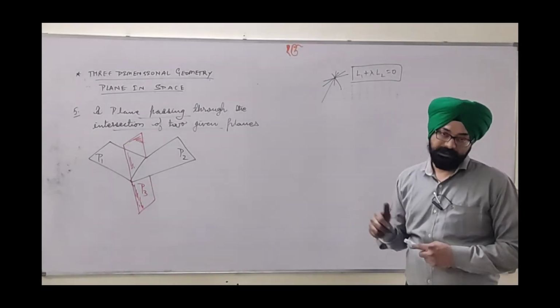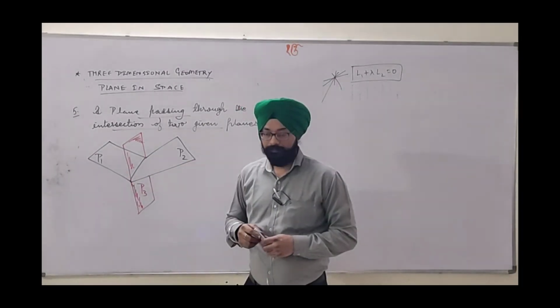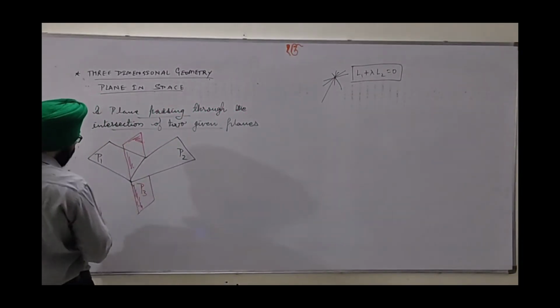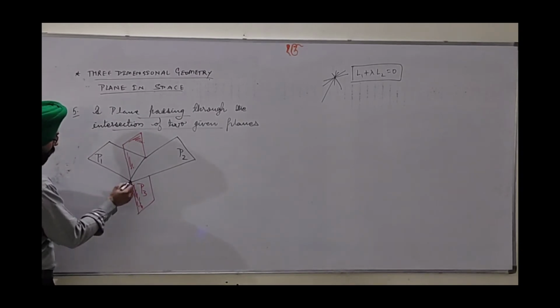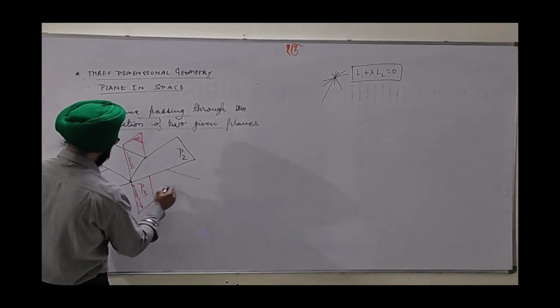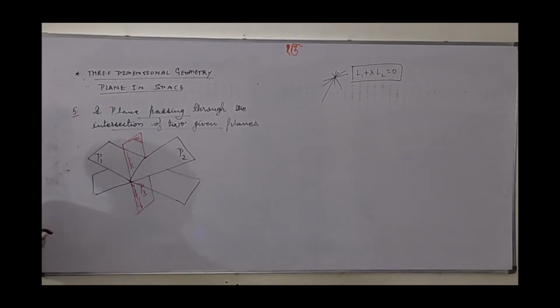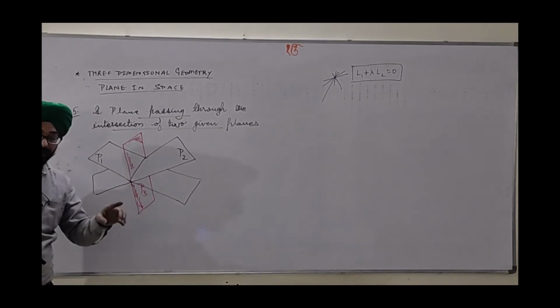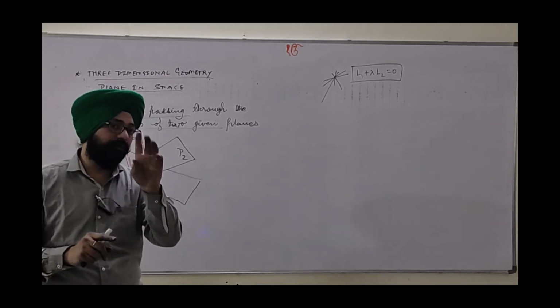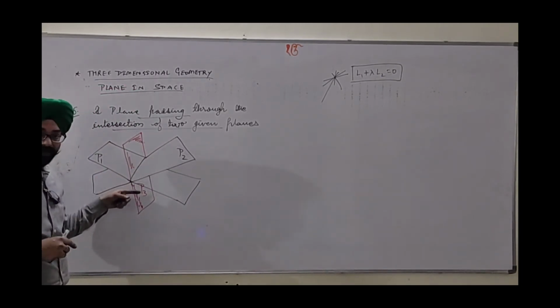Here, why is this concept important? Whenever planes are intersecting, I'm talking about P1 and P2, these are the given planes. We need to find the equation of P3. Like we can expand and try to think what may be the condition. P2 and P1 are intersecting. Like lines intersect means they have one point in common, so when planes are intersecting, they have one line in common.